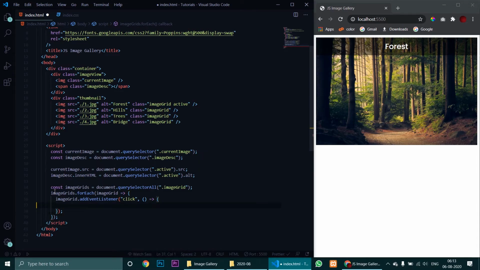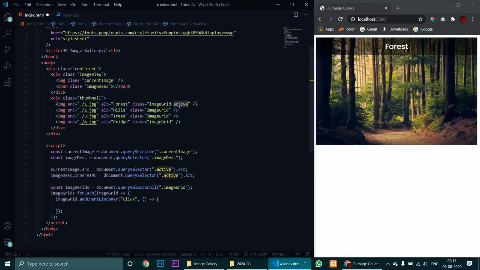So what it will basically do is, first we extract all the images over here, then we run a forEach loop, and then we run an event listener, so whenever any image is clicked we will run a function.